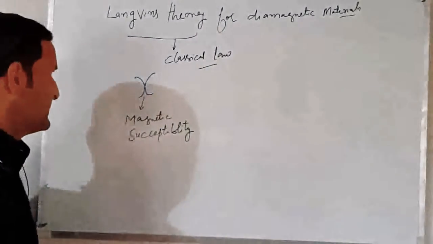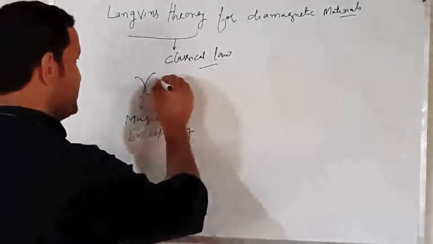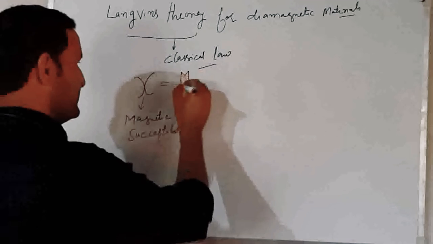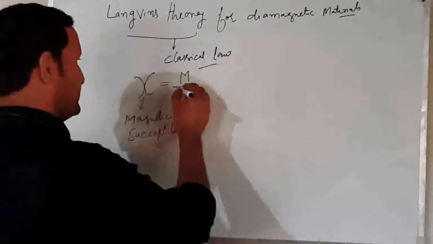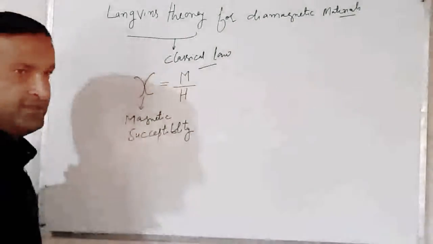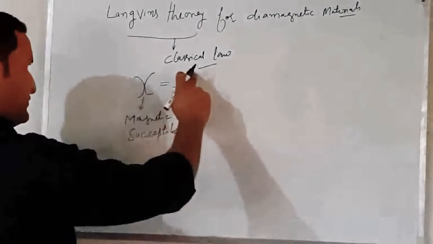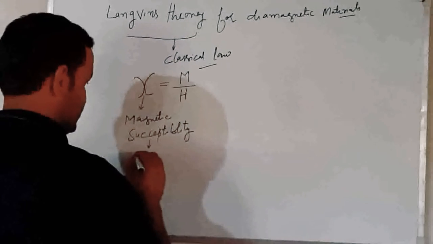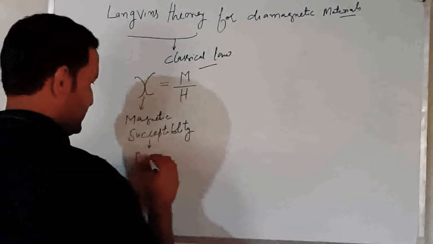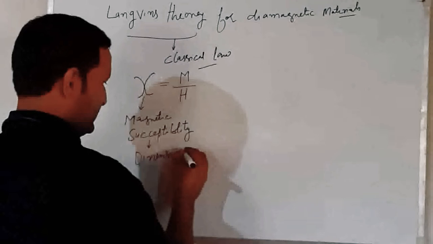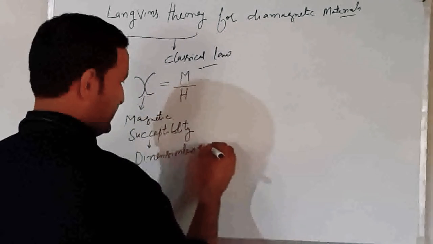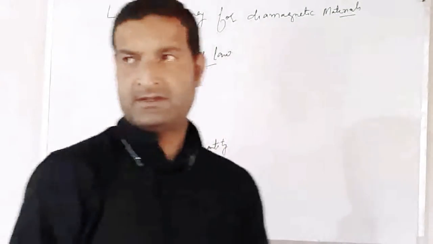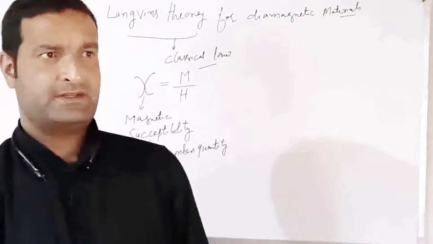And I also told you that this magnetic susceptibility is related to the magnetization as M upon H, where H is the magnetic field intensity. Here it is magnetization, here it is magnetic intensity, that means it is a dimensionless quantity. So I repeat here the previous lecture,